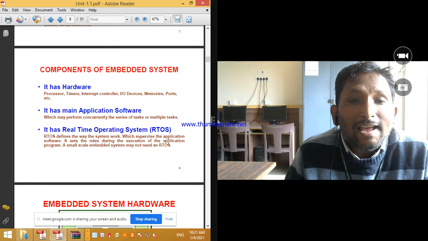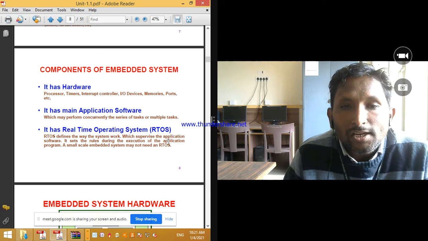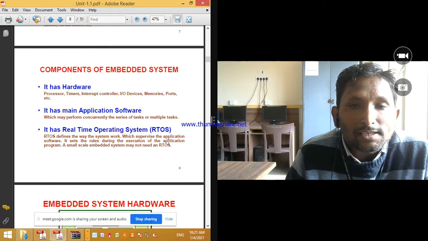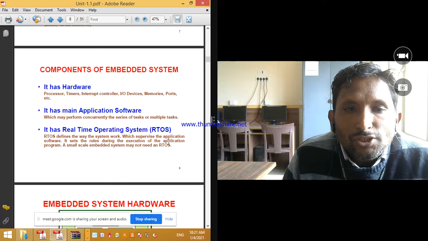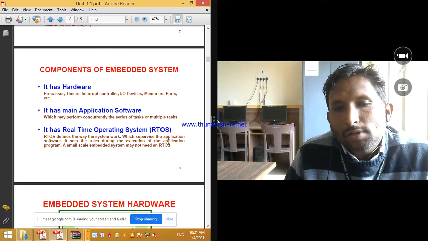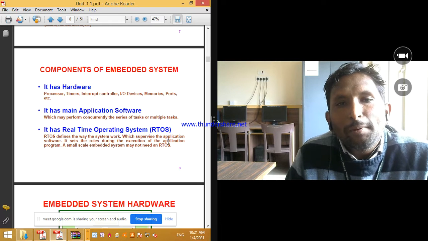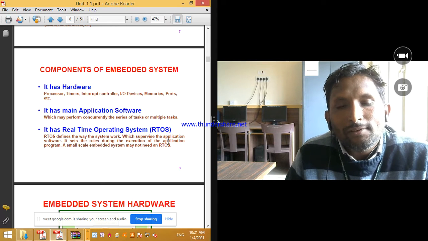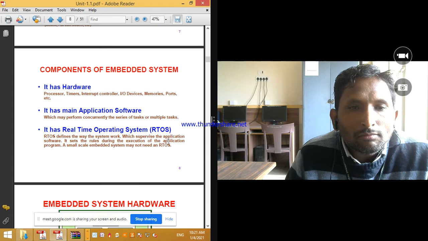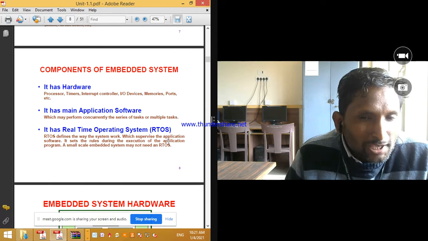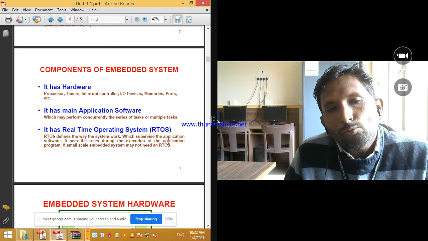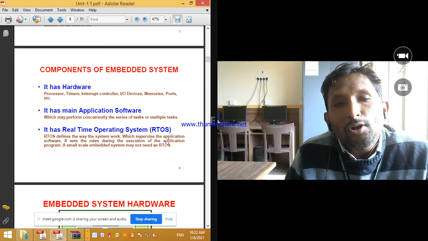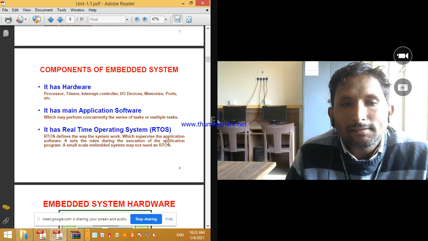It has hardware, processor, timers, interrupt controller, input, output devices, memories, ports, etc. We have to see this particular page number 8 of our PDF of unit number 1 of lecture number 1 in somewhat detail. We have seen a general hardware, but over here, if we want to see which different components embedded system covers,